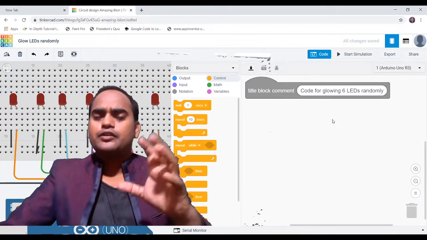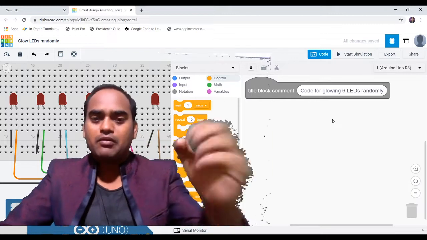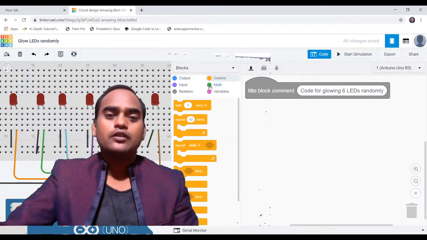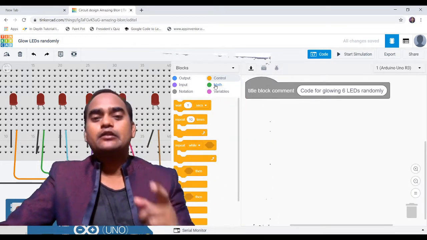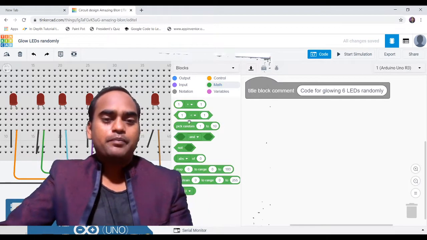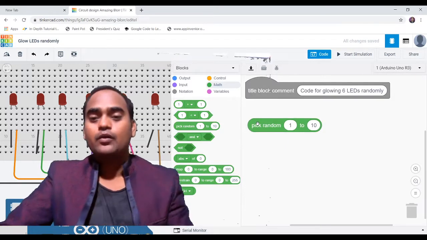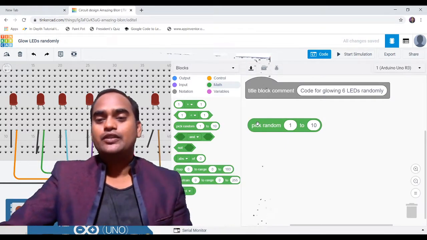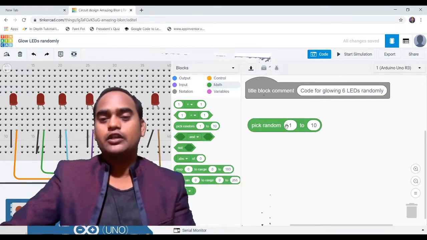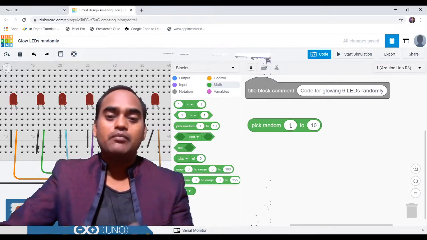So as I said, the first step is to generate a random number. We can do this by going into the math block and picking a block called pick random 1 to 10. There are two arguments that we can give to this block, that is number, right?